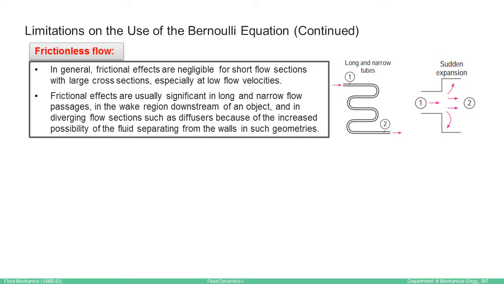The wall boundary effects are significant for long tubes which are very small or narrow. You can see the first sketch there, which is for a long and narrow tube. In such cases, we are limited in applying Bernoulli's equation. We can't apply this. And also, when there is flow separation possible because of sudden expansion downstream of the flow from point 1 to 2, if there are any chances of flow getting separated, where you can't assume a continuum, we cannot apply Bernoulli's equation.